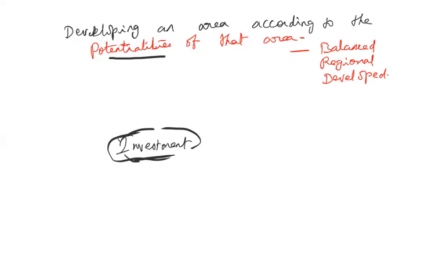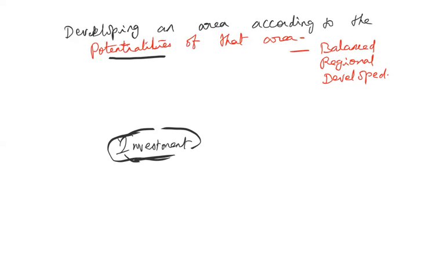For one area maybe it is 5%. With 5% you will be able to utilize only that much worth that place has. But don't leave it just because only 5% investment is required. Whatever the worthiness and potentiality of that particular area, make the investment. Then they will also slowly become developed. So that is the meaning of balanced regional development: developing an area according to its potentialities. If economic development is done this way, then it is happening in a country in a proper manner.